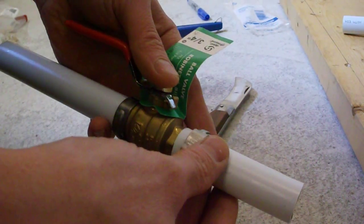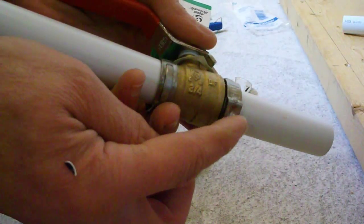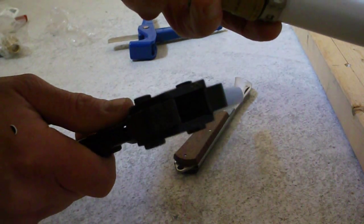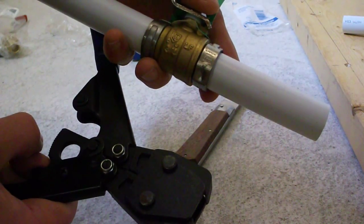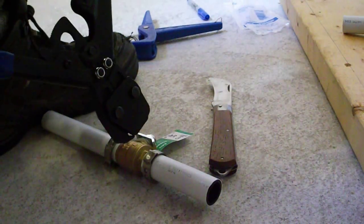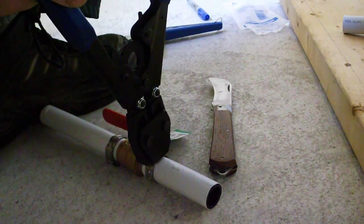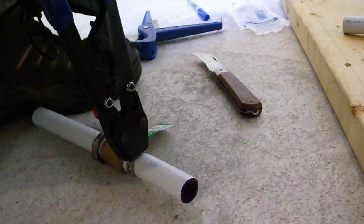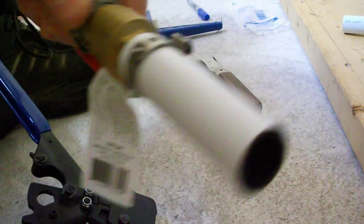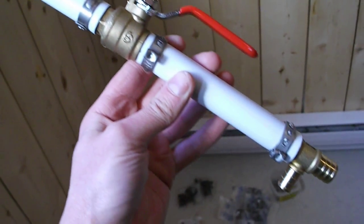Slide a piece of PEX on over, and here's the clamp, and you see that raised edge right there. Well, that's what goes inside of the jaws of the crimping tool, and essentially you squeeze it until you can't squeeze it no more. You just squeeze, and that's it. You hear the ratcheting, and then when you're done, that's how it should look. And this is what the piece looks like. It'll go on there